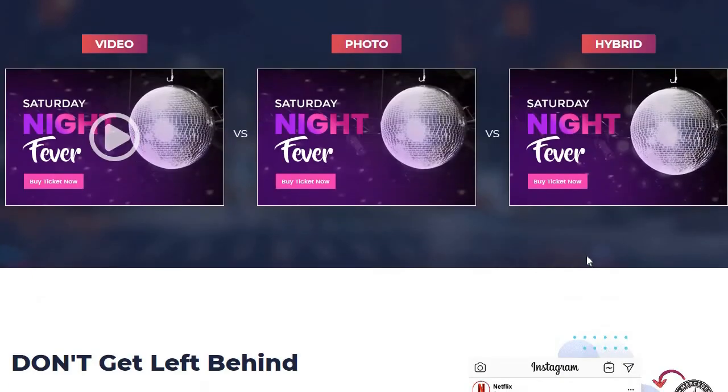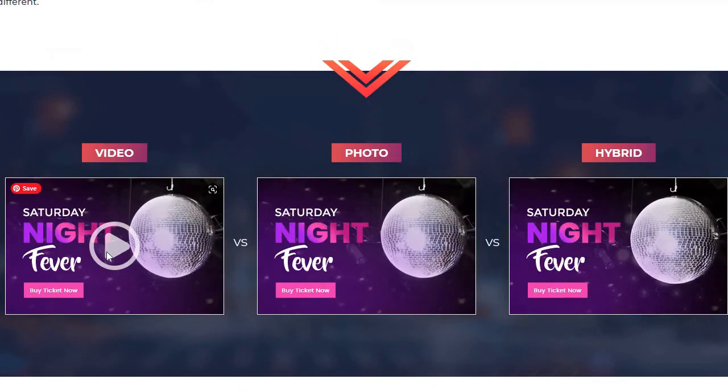Coming to this, for some of the videos you want to watch, you can watch them as a video, photo, or hybrid. In video, if you want to watch something like Saturday Night Fever, there is one board, but three of the summer is in photo. Like in photo, we have a static photo. We don't have any animation here.